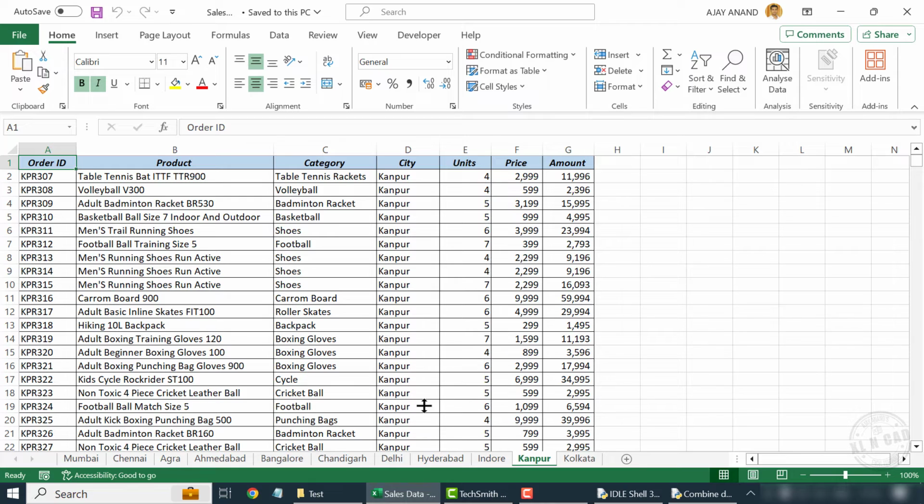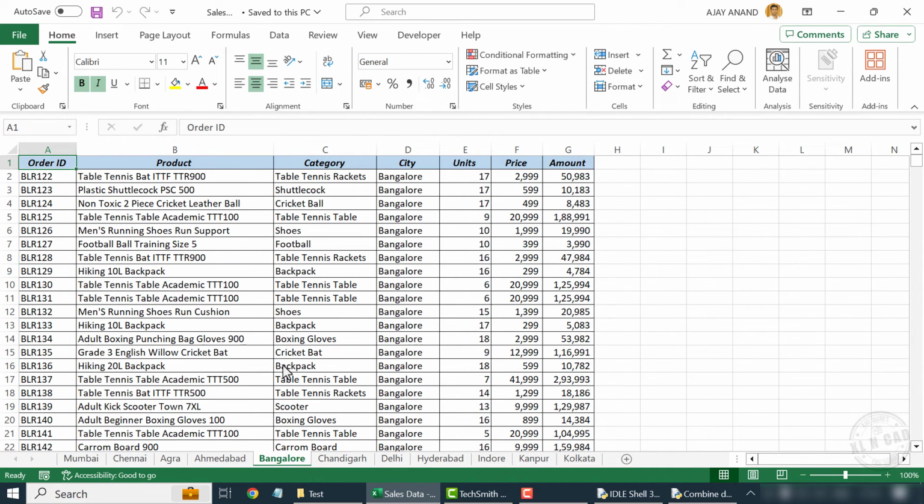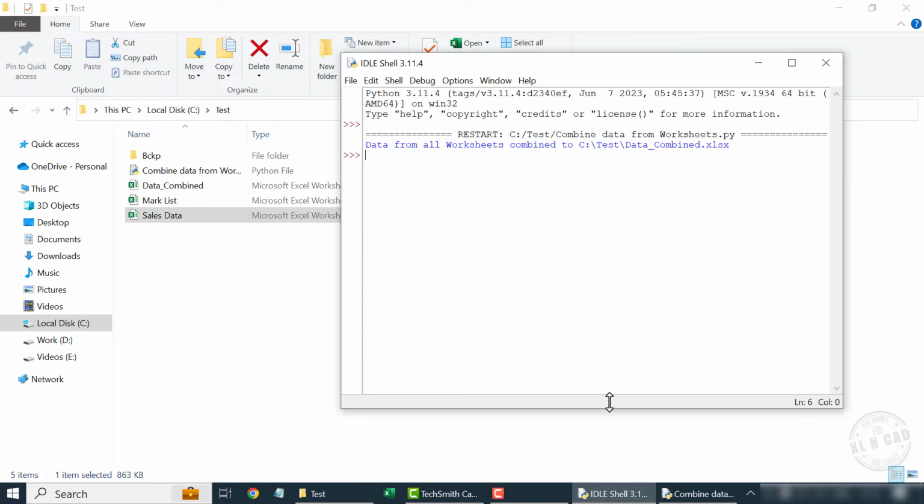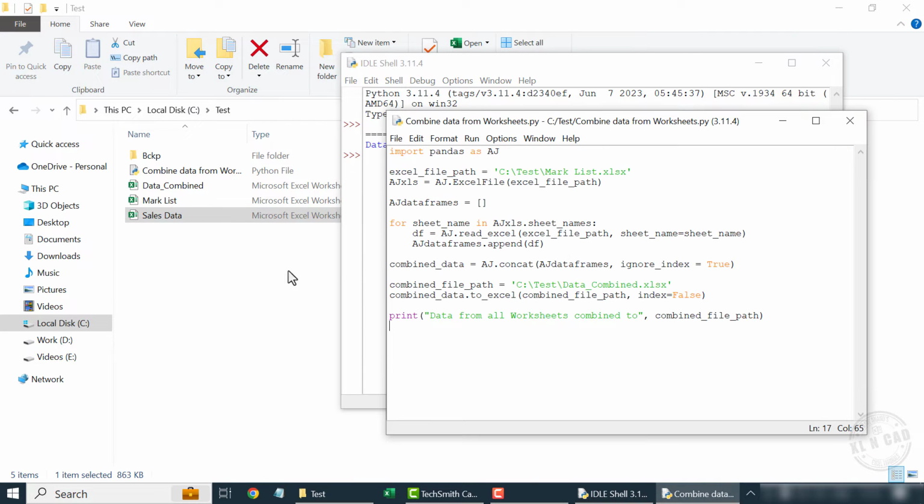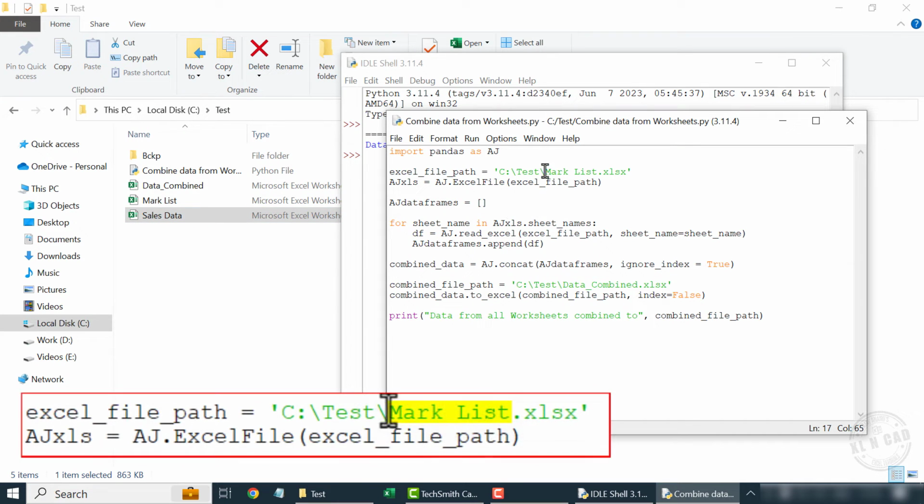To combine data from all these worksheets into a single worksheet, back to the Python program. All we need to do is replace this file name. Sales data is the file name. Type in sales data,